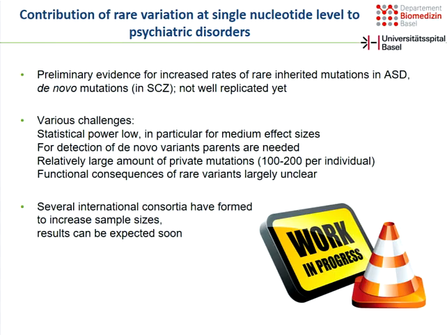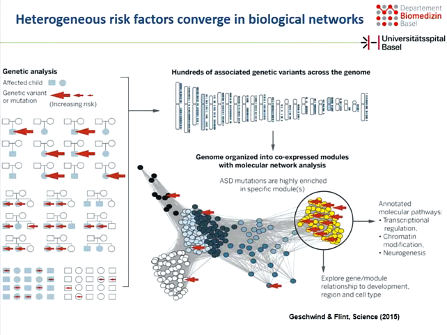But there are also several large international consortia, and they also look at rare variants now in sequencing data, genome and exome sequencing data. So I think results can be expected soon. That's sort of a magical word, collaboration, and I think also in neuroimaging genetics, we will hear that later. That's obviously a major factor for success, to collaborate and form these large international consortia.